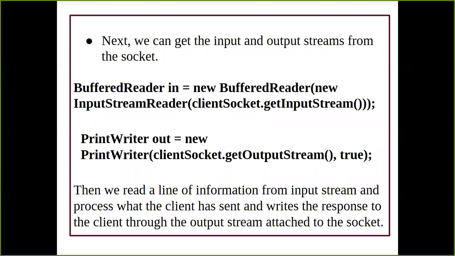Now, once that connection is established, we have to make an input and output, or we can say have a request and response directly with the server. So for having the input, or for having the request sent to this server, your server needs to read that request with the help of a buffered reader class, or a method called the get input stream method. And whenever I want to write some values to the client, or generate some response for the client, I'm going to use a print writer class or the get output stream method. Okay, so this is how you're going to have input output between your client and the server.